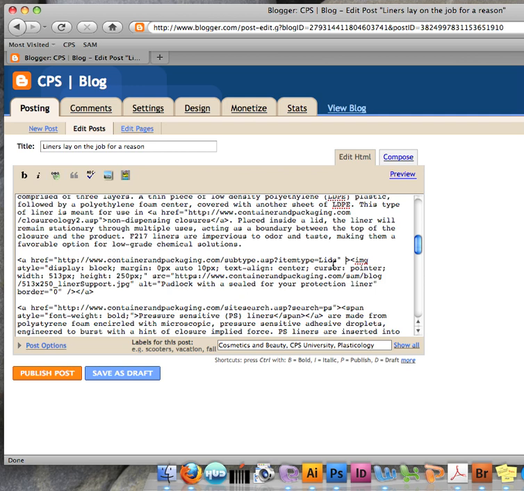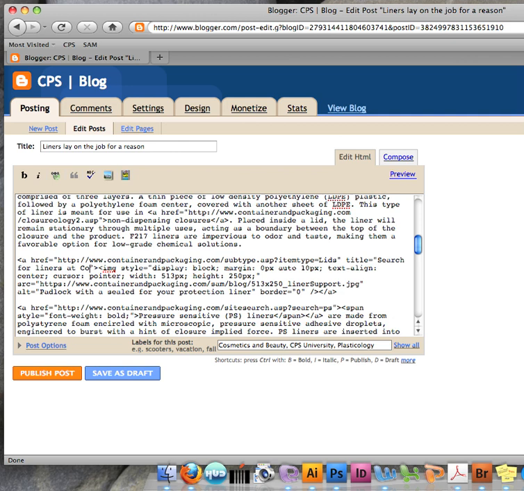So this is not in the image tag, it's in the image link, which is just before the image tag. Title equals quotation. You didn't have to do that for the alt attribute because it was already set up. It was just empty and just waiting to be filled out. But we do want to include a title attribute in the hyperlink. So title equals, and then inside the quotation marks we should put something like search for liners at container and packaging